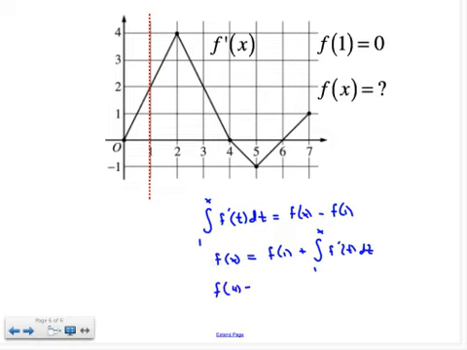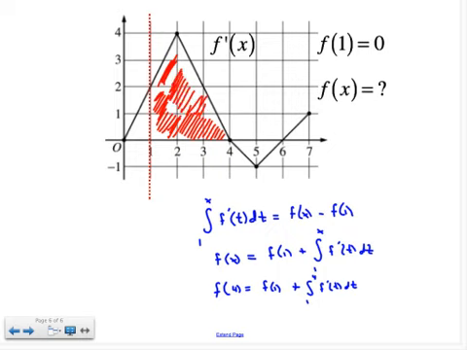So f of 4 is equal to the value of the function at 1 plus the change that occurs between 1 and 4, which is interpreted here as the integral from 1 to 4 of f prime of t dt. And if I look at the graph, I can interpret that as the area under the curve f prime from 1 to 4. So if I can calculate this area, I'll know what to add to f of 1 to give me a function value at f of 4. It's really kind of neat. Okay, so we're taking old concepts now and just adding this new idea about the fundamental theorem